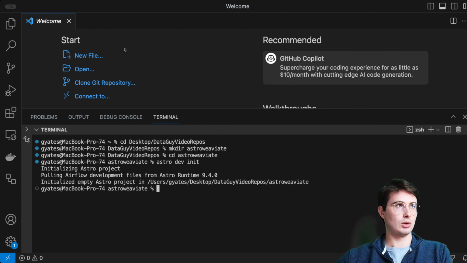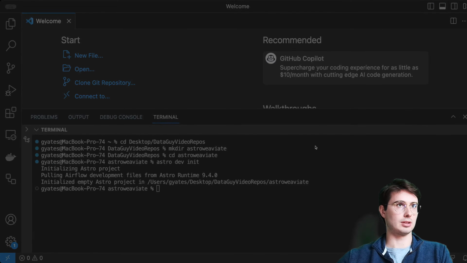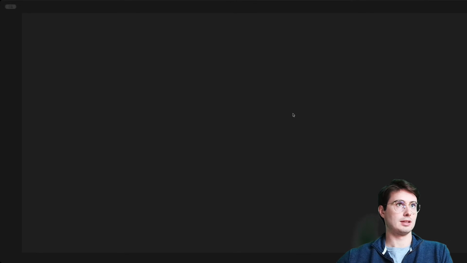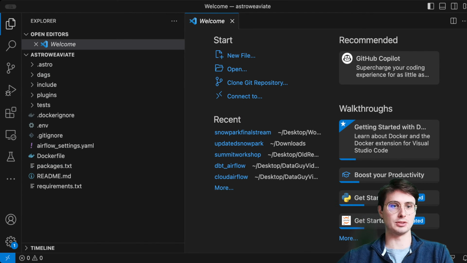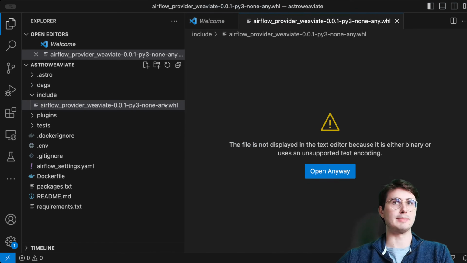And then once you open your directory here, so I'll open my Astro Weaviate. Here, I will then copy over from my downloads folder my Astro Weaviate provider. So add this to the include directory. You can see it's just going to show up as not supported because it's a wheel file. And then what we're going to do next